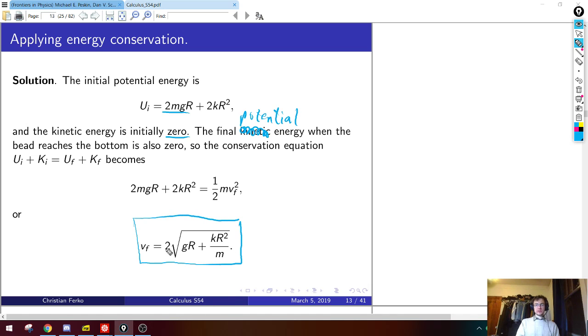Good, good. And all of the units work out. g is meters per second squared, so g times r is meters squared per second squared. Square root of meters squared per second squared is meters per second, so that's good. In the second term, the spring constant k, well, F is kx, so k is newtons per meter. A newton is a kilogram meter per second squared, so k, that per meter, would be kilograms per second squared. Kilograms per second squared over kilograms is just per second squared. And per second squared times meter squared is meter squared per second squared. And the square root of that is back to meters per second. So units are beautiful, everything works out. This is the correct answer.